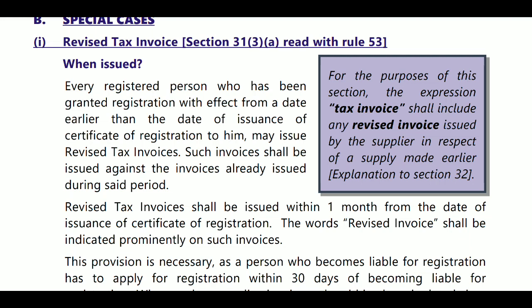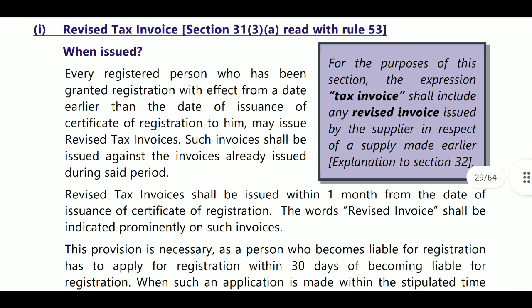Here, any revised invoices shall be included for the tax invoice. We will see whichever is earlier will be taken, that is, the effective date of registration or the date of issuance of certificate of registration, and after that